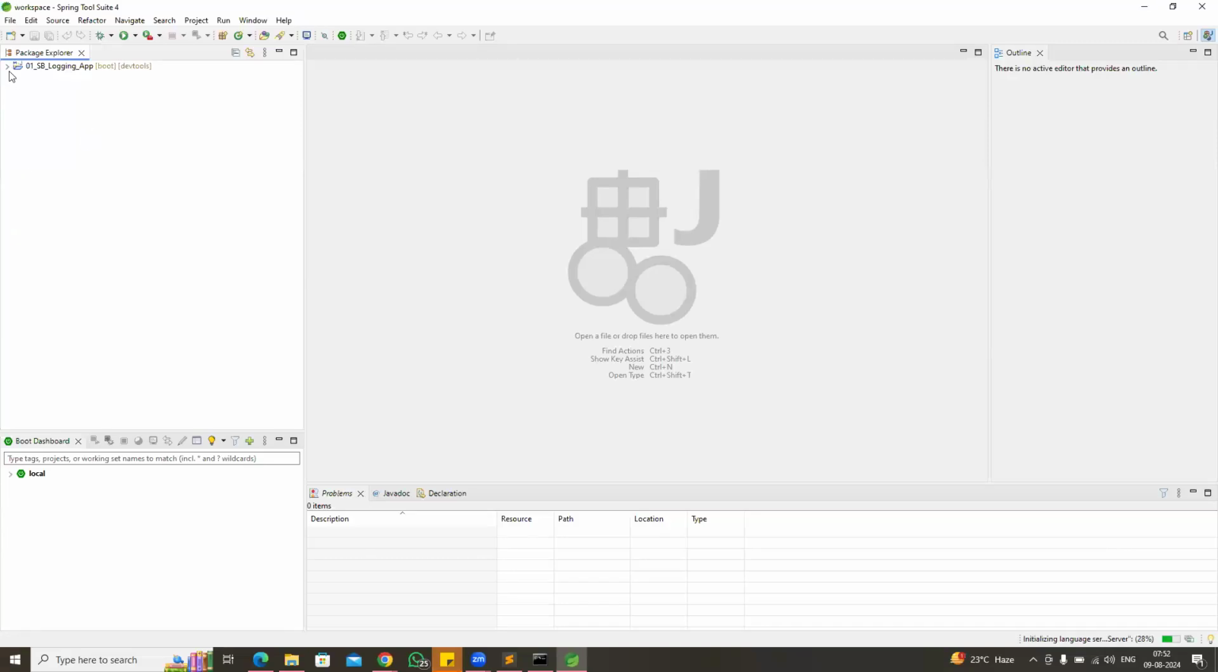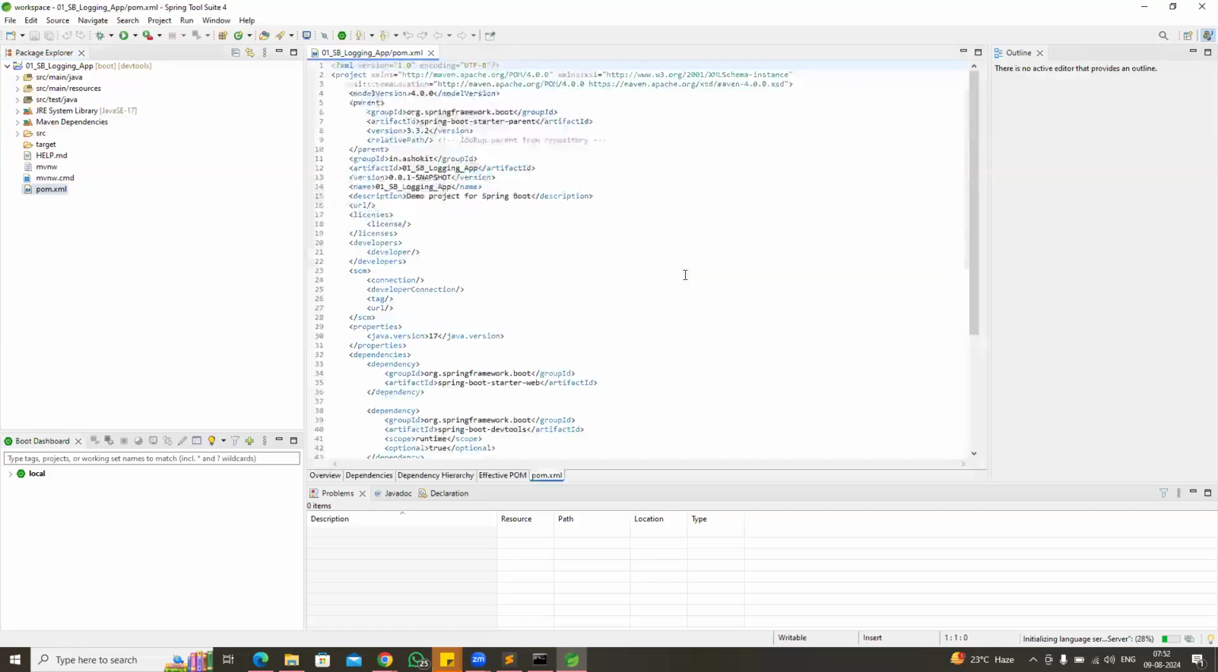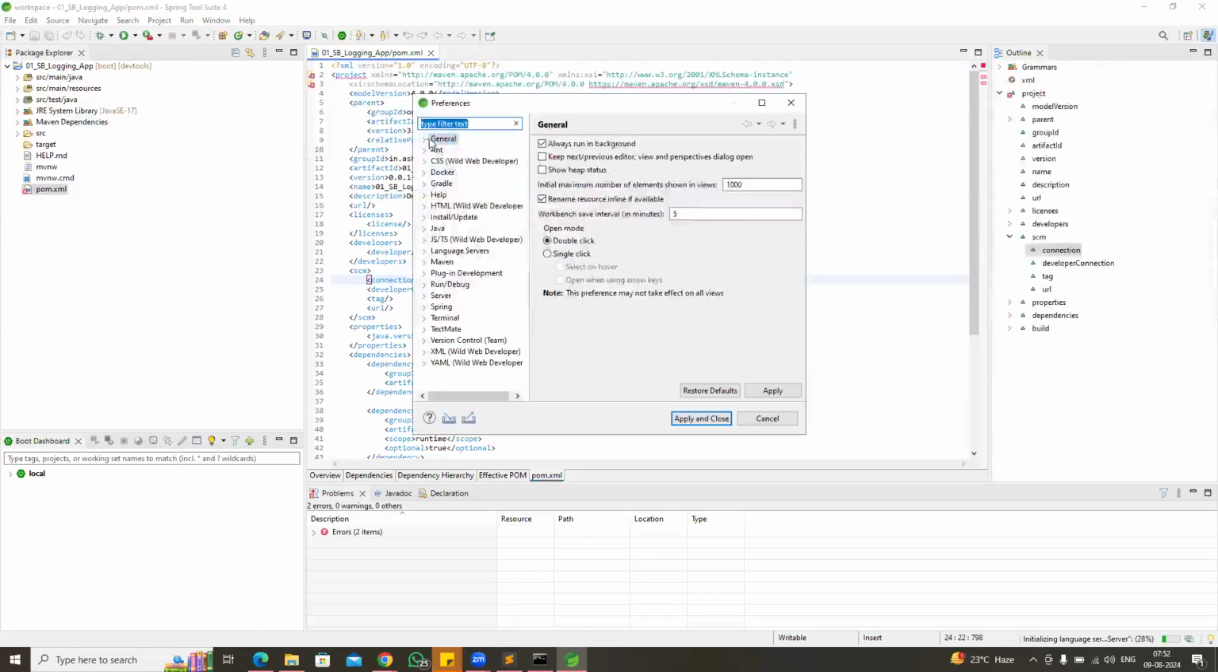Yeah. So once the project is created, guys, you can see that in the pom.xml, I have added a dependency called web starter and dev tools dependency. As discussed already, web starter is used to deal with web application and REST API development in Spring Boot. Web starter is used to create web application and